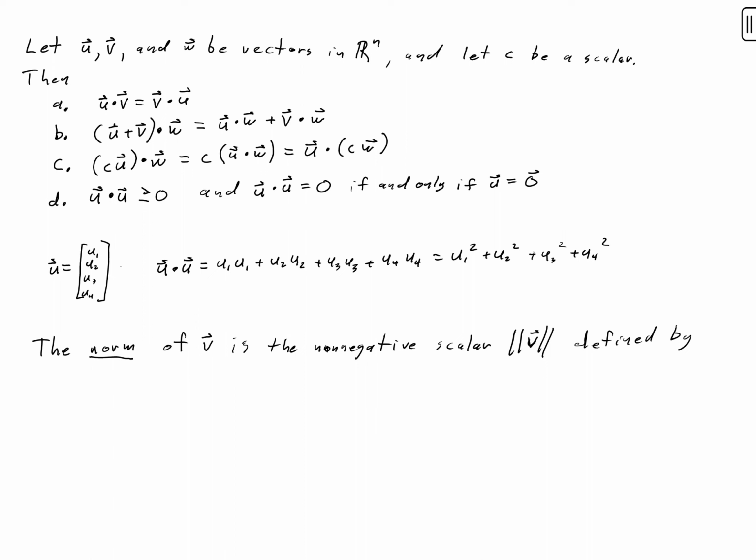The double line on each side kind of looks like an absolute value, but we're using a double line instead of a single line. And so that double line